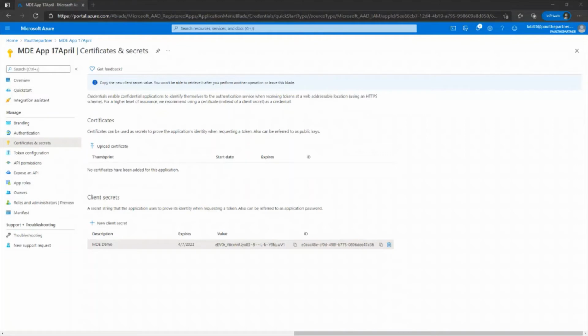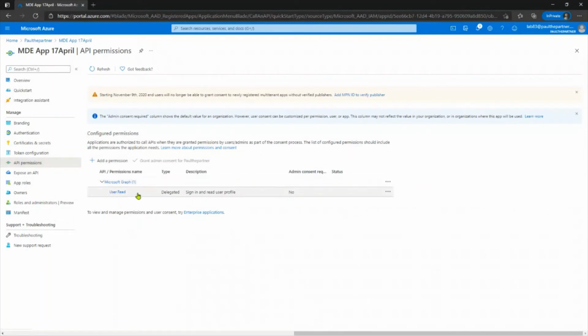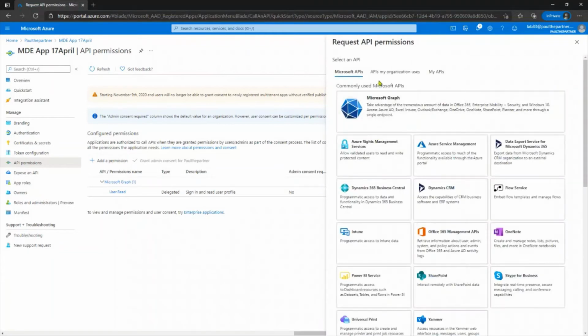Next, we want to add the schema permissions, the API permissions for this app. So jump over to API permissions, and by default, the app gets user.read permissions. We want to add some more. One bit is important here. If you do a